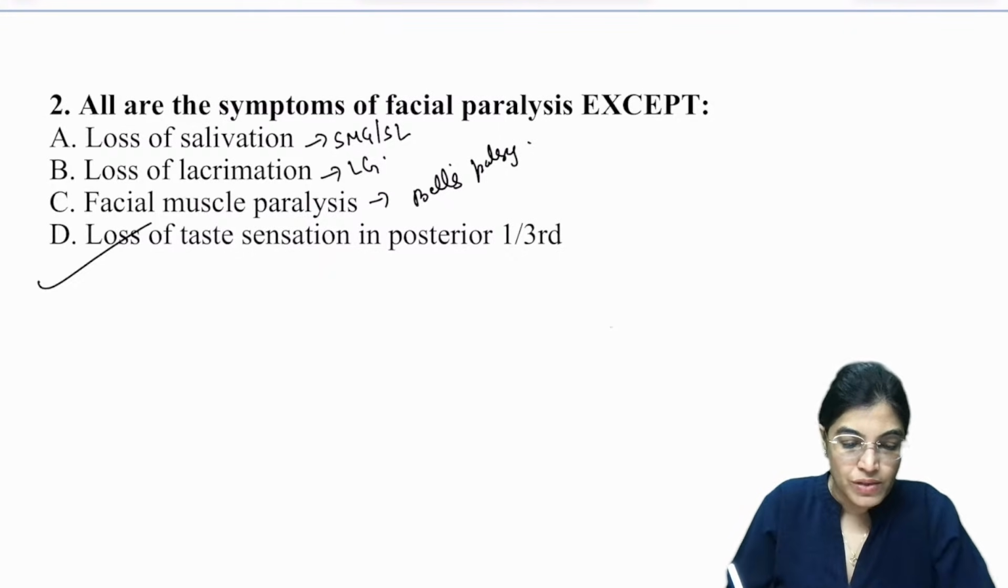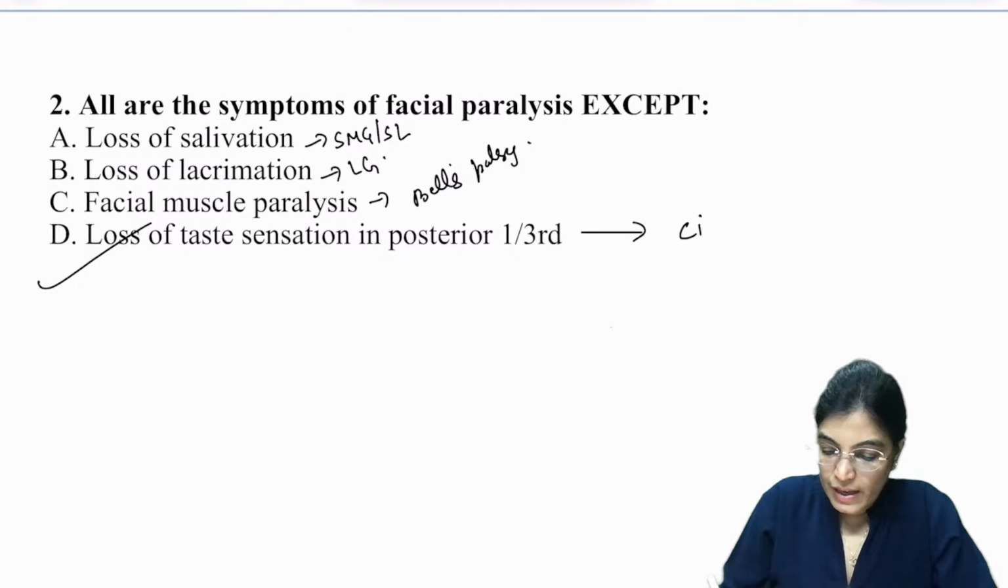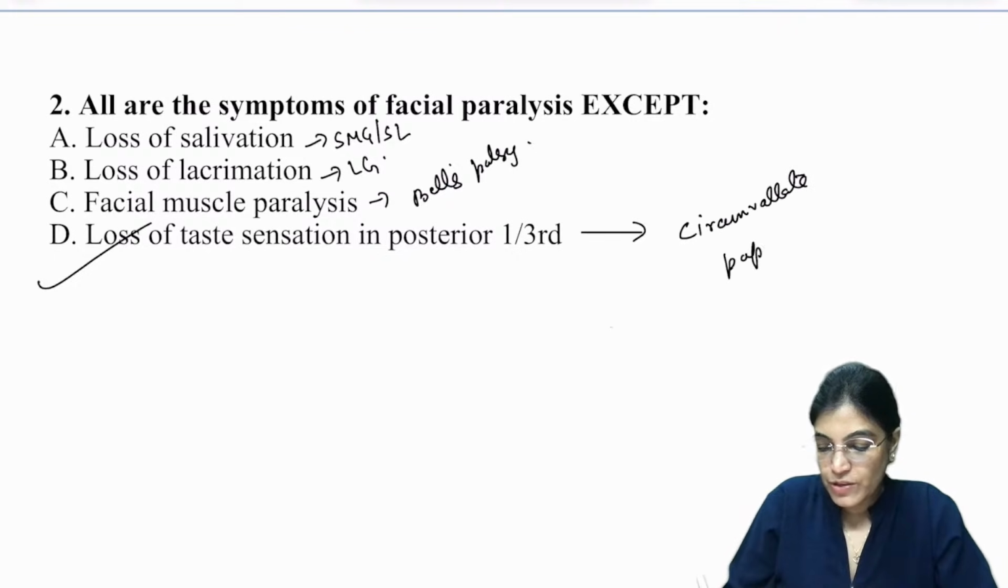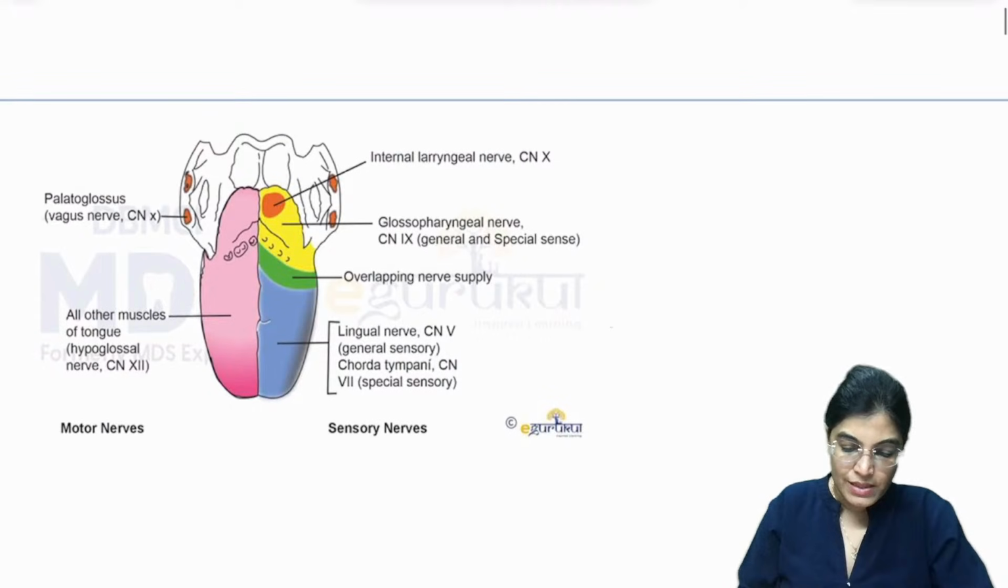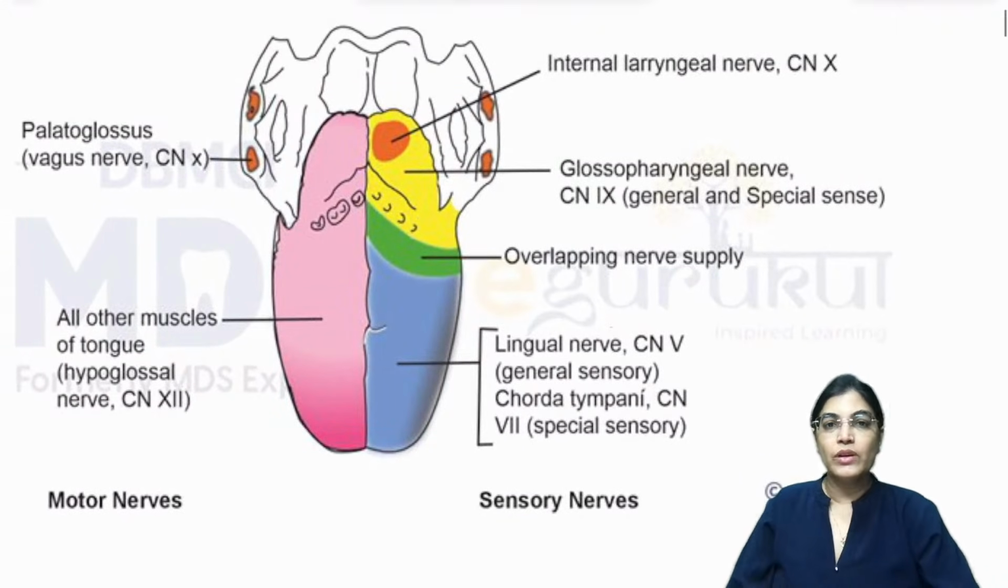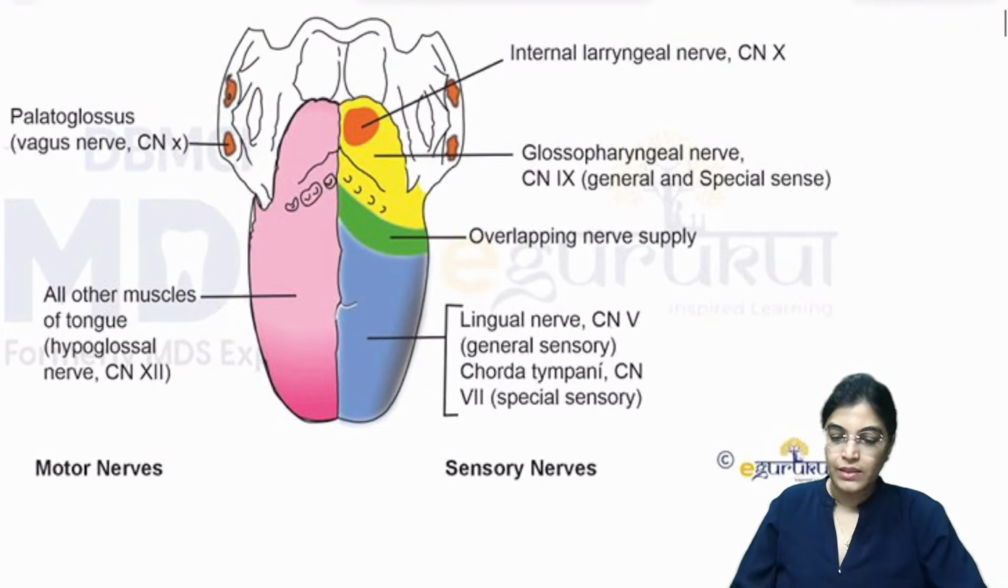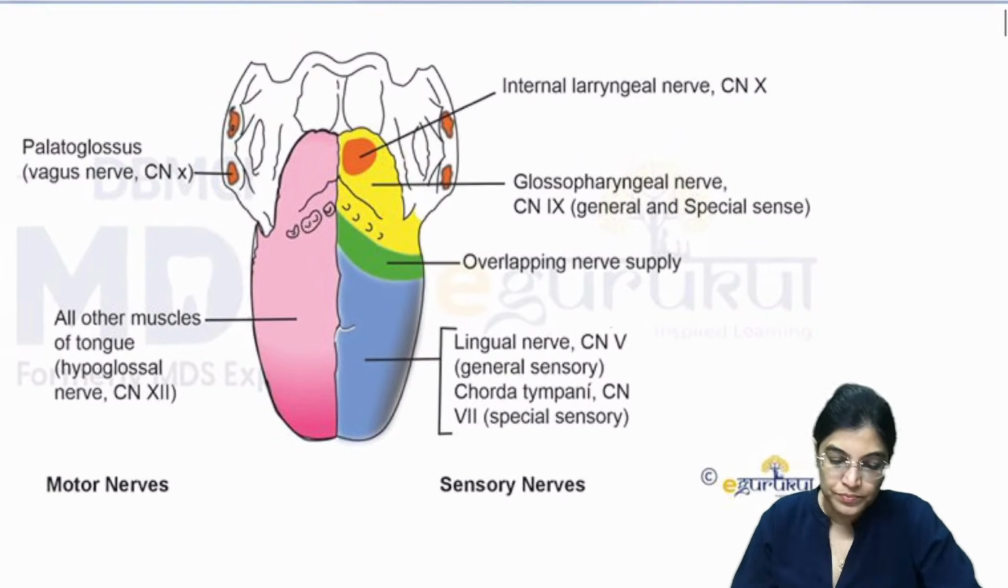And we know, yes, obviously everybody has given the right answer. The reason is that the posterior 1/3 of the tongue along with the circumvallate papillae is supplied by which nerve? The answer is it is supplied by the 9th cranial nerve, that is the glossopharyngeal nerve. See this image, which I would like to enlarge, where you can clearly see